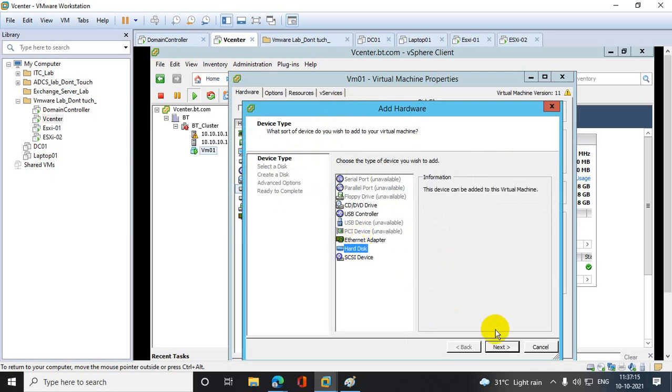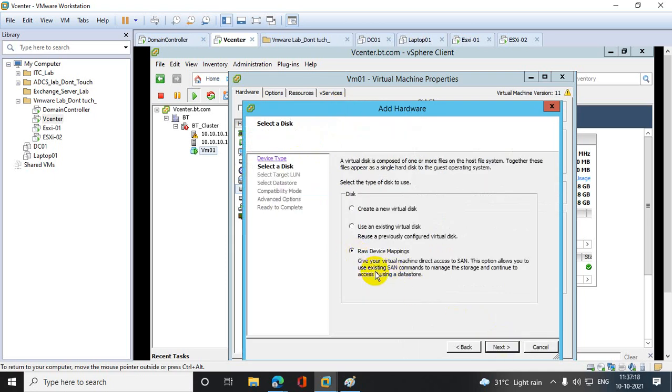Add hard disk, next. Now see that the RDM option is enabled.